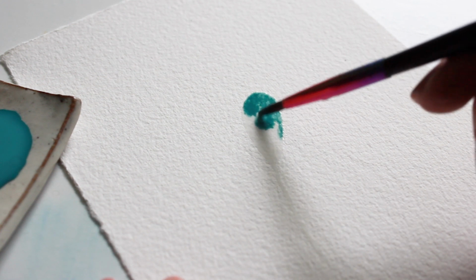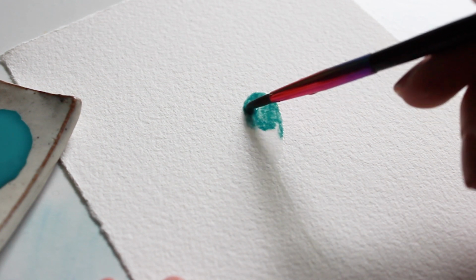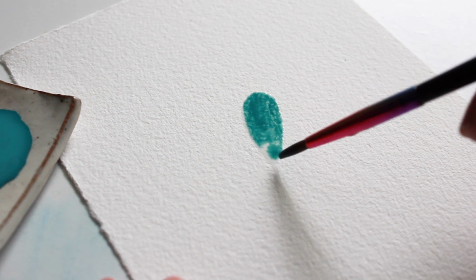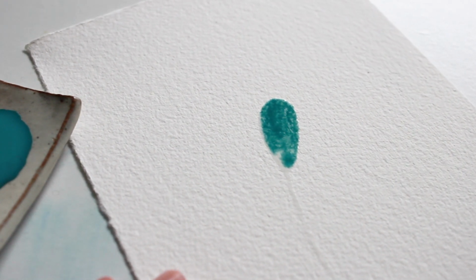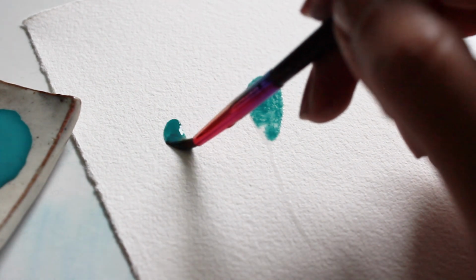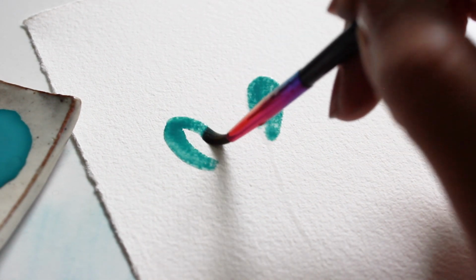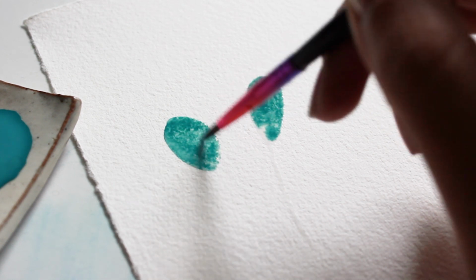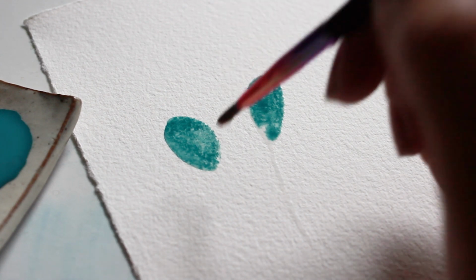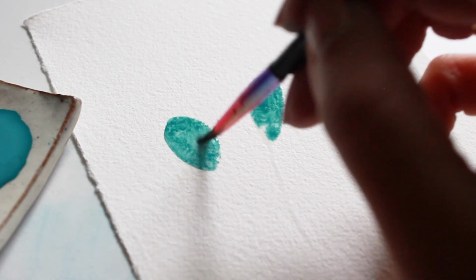Like you guys see, the paint doesn't particularly flow or explode, you know, when you use regular watercolors. I'm not even comparing it to ink, but just regular Winsor & Newton watercolors. It just doesn't flow the same, but it's still cool. It's still a nice color. It's still a good turquoise color,